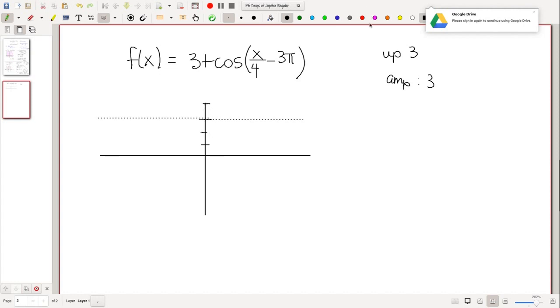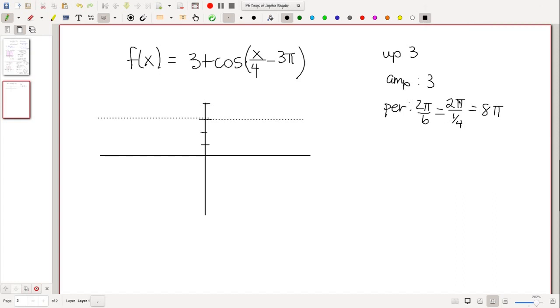All right. Now, if I'm moving over, this is going to affect my period. Okay. So remember, your period is 2 pi divided by b. Well, my b is not 4. That's in the denominator. So my b is 1/4. So my period will be 8 pi, and the 8 pi just comes from taking 2 pi and multiplying by your reciprocal. Now, I also know that I do have a phase shift because I do have an expression in there. So remember, to find your phase shift,